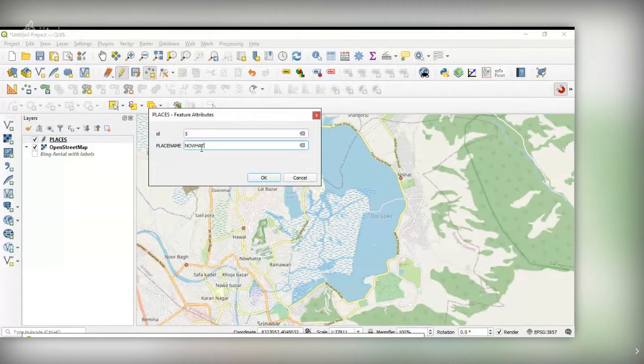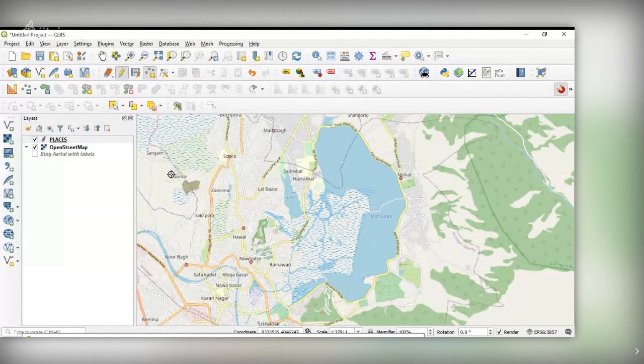Now Hatta. Okay. So now I can save it. Save it and toggle editing, closing the edit option.